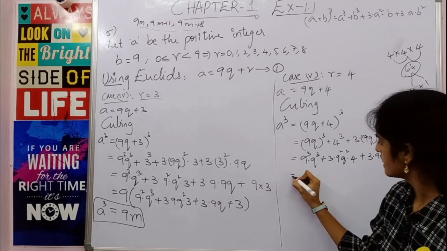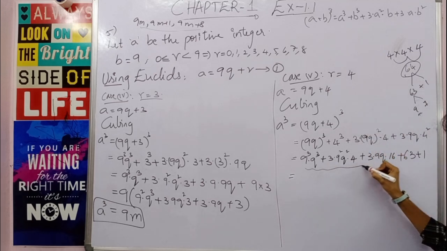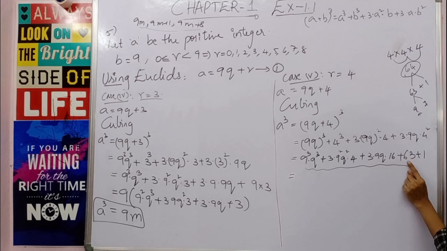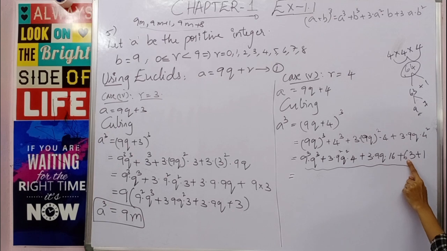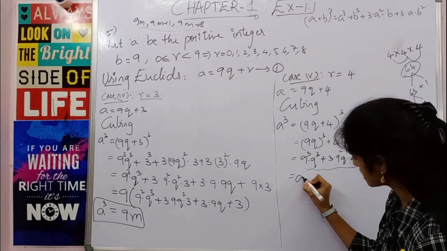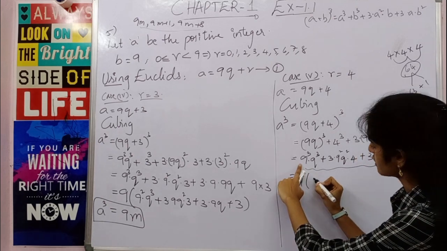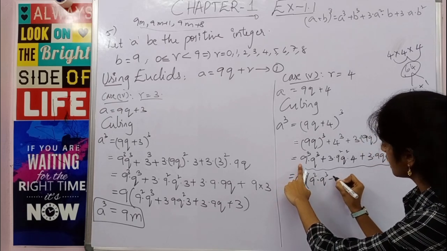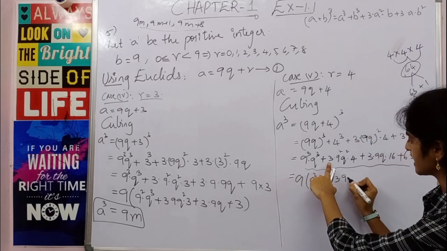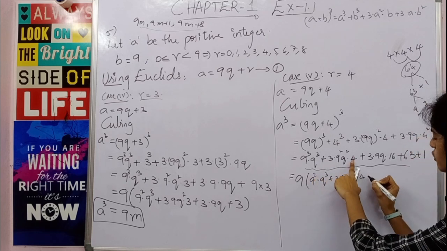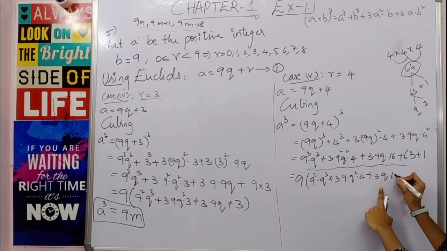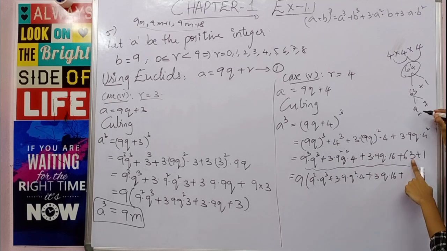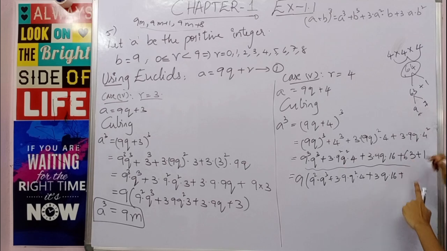Now let us write it here. From all these terms you can see you can take 9 as common. Even 63 can be written as 9 multiplied 7 times, that means you have a 9 here. So taking 9 common from all these terms, it is 9 square q cube plus 3 multiplied by 9 q square, and you have another 4 also, plus 3, 9 you are taking common, so you are left with q into 16 plus, out of 9 into 7 if you take 9 common you are left with 7. And you have plus 1.